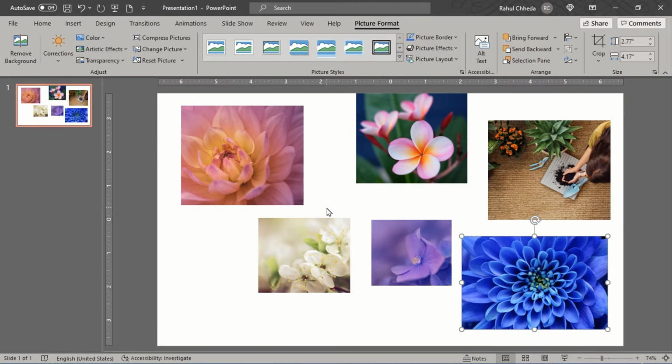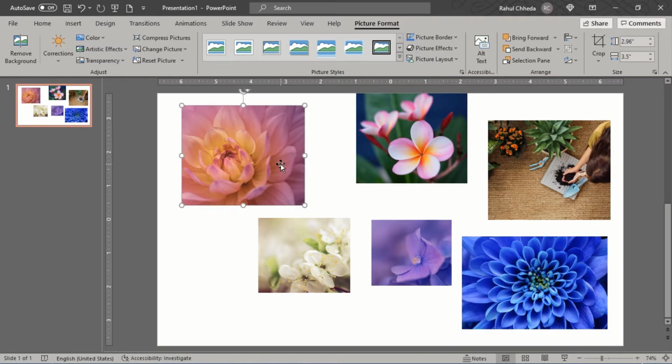In today's video we are going to learn about PowerPoint, a simple technique to align the objects and to resize the objects all at once with the help of the tools and save a lot of time. So we have some images over here and all are of different sizes and they are not aligned. So we want to align them and also make the size of all images the same size.